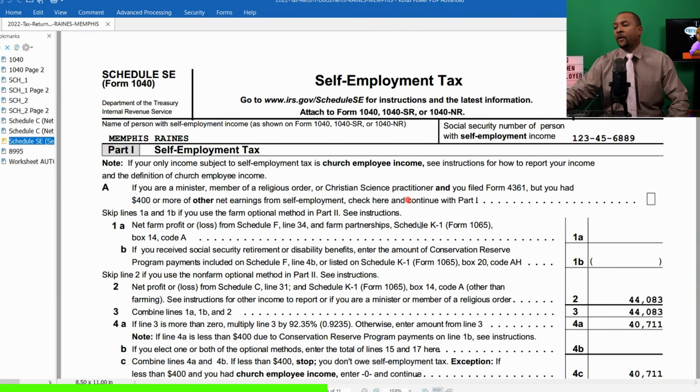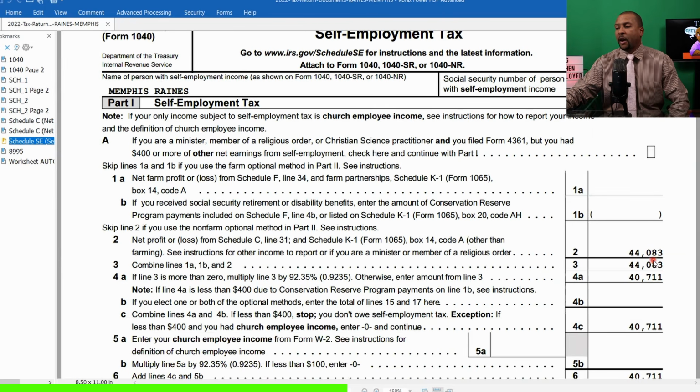There is Social Security and Medicare. The way it works is that you as the employee pay half of that, and then your employer, your boss, pays the other half. When you are your own boss and self-employed, you have to pay both sides of it. So on Schedule SE, which is self-employment tax, we take Memphis's profit, which is 44,083, and then we do a